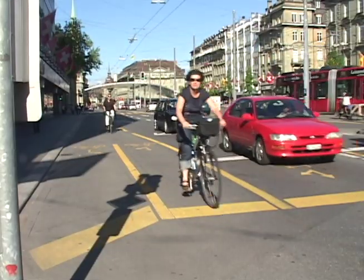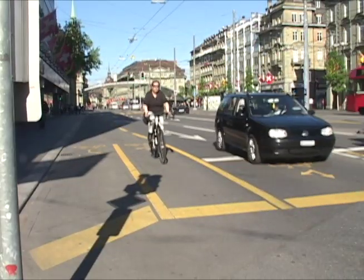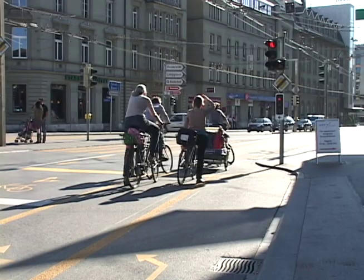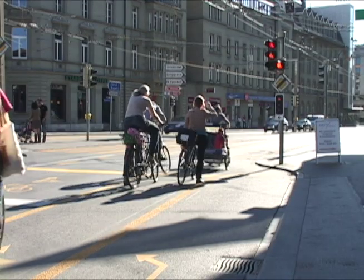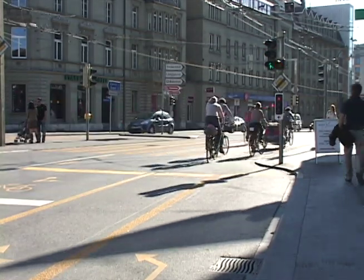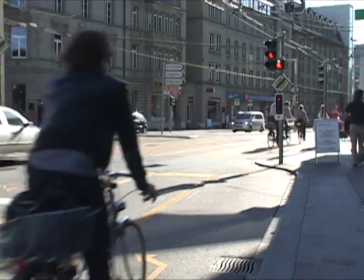This intersection approach has a through right bike lane with a left turn bike lane located adjacent to the curb. Here is a forward view of the same intersection approach. Again, note the left turn bike lane adjacent to the curb, then the through right bike lane, and the through